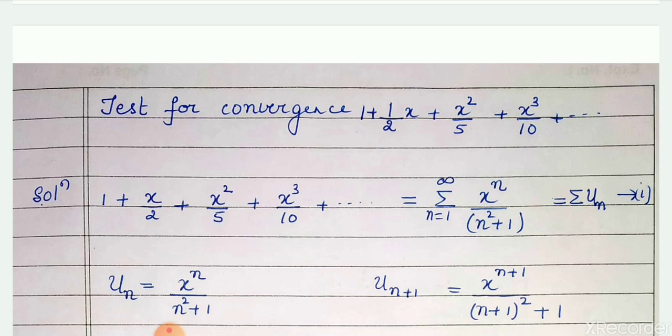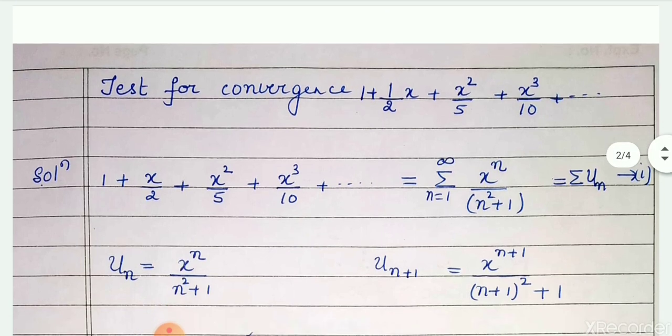So in the properties we have already mentioned earlier, addition or subtraction of terms doesn't change the nature of the series. Alright, so we just eliminate or don't consider the first term here. We just start with the x by 2 as the first term. Now if x by 2 is the first term, x raised to 2 by 5 is the second term, how do you write down the nth term? So you can just mention, to begin with this example, eliminating the first term of the series. Then write x by 2 plus x square by 5 plus x cubed by 10 plus and so on. That is equal to sigma x raised to n divided by n square plus 1. That becomes the nth term.